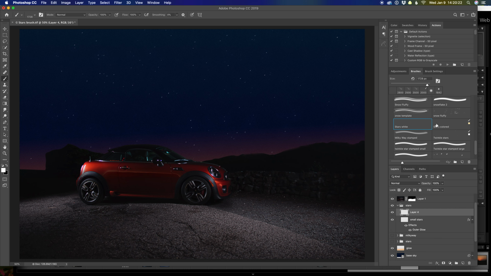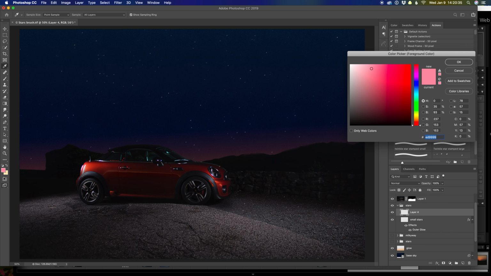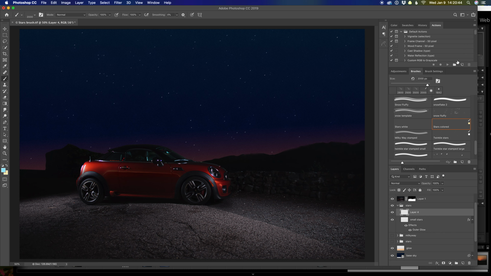And on this layer, I'm going to choose my other brush, which is called Stars Colored. This particular layer will work with the colors that I've chosen. I picked yellow and pink when I created it, but I'm going to go with a yellow and a light blue, I think will be good. And then I'm going to hit X. So basically this brush is designed to change colors,